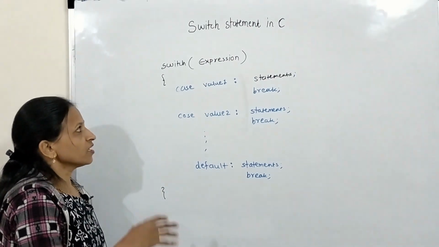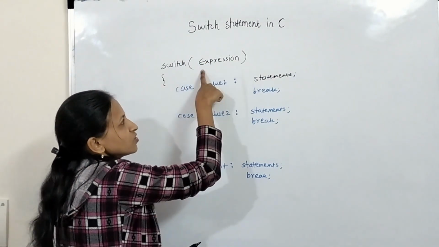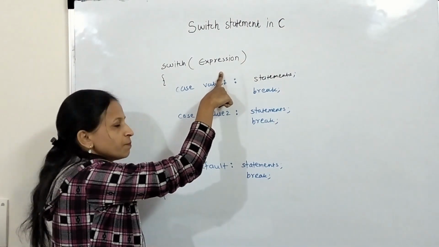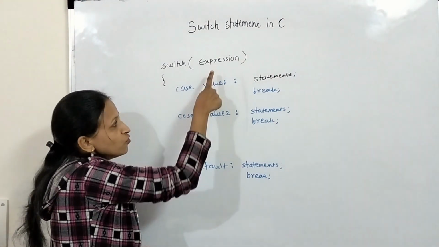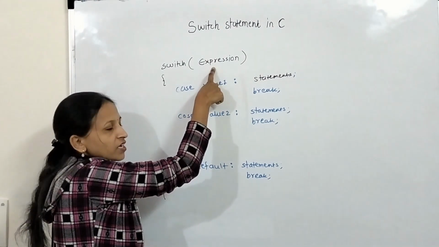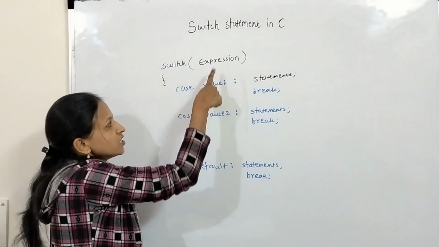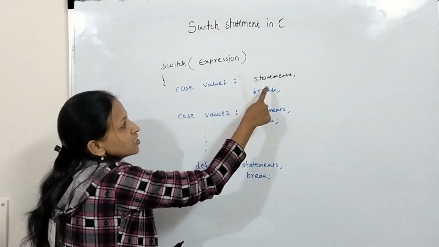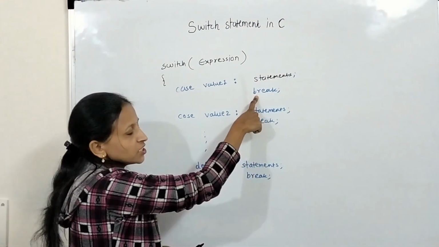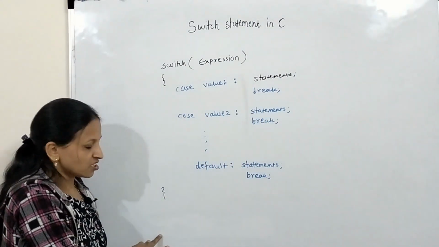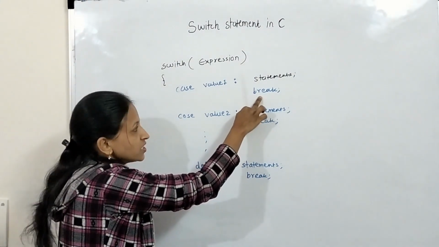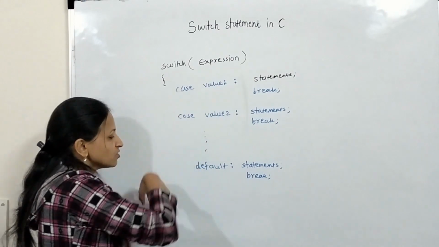See how it will work. Control will come here first and will resolve this expression. It should resolve to character or integer value, it is compulsory. Whatever that value will get matched with first this value 1. If this expression's value, whatever result, is equal to value 1, then statements whatever written here will get executed, and because of this break is used to come out of that switch instantly. Here break is a keyword, and that is used here to come out of that switch instantly.